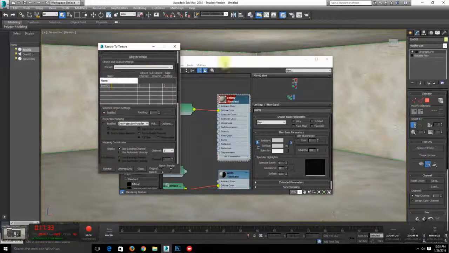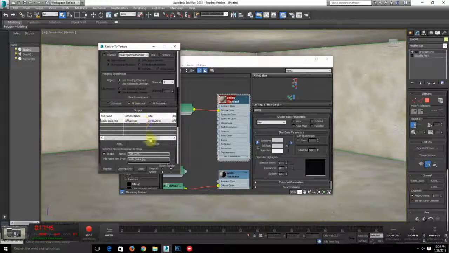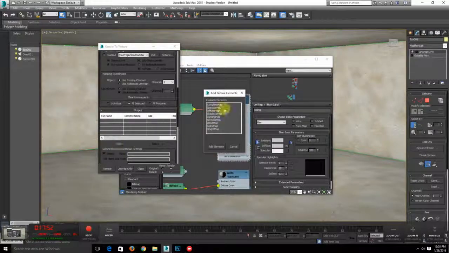So objects to bake, still having my box selected. And for mapping coordinates, again, this has already been unwrapped, so I don't really need to do anything. I'm using existing channel. So that's the only two things you need to check here. For the output, I'm going to actually start this completely over again so that you can see the whole process. I'm once again using Add. I'm choosing Diffuse Map, hitting Add Elements,